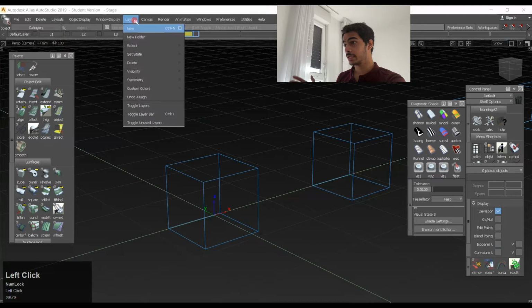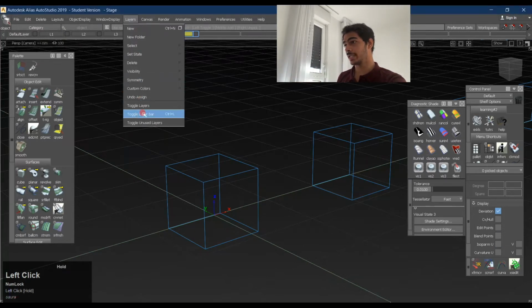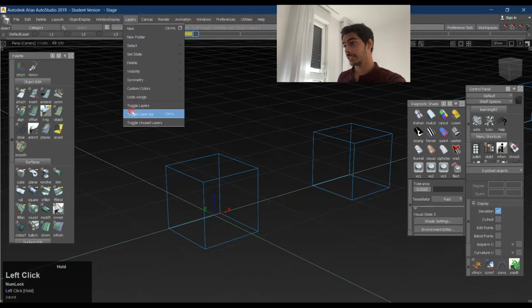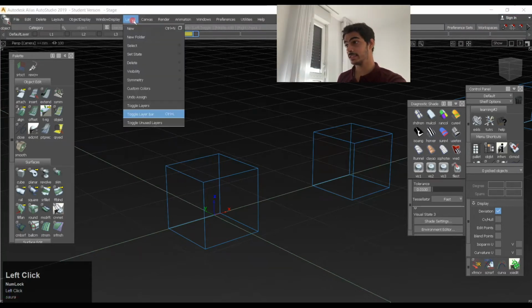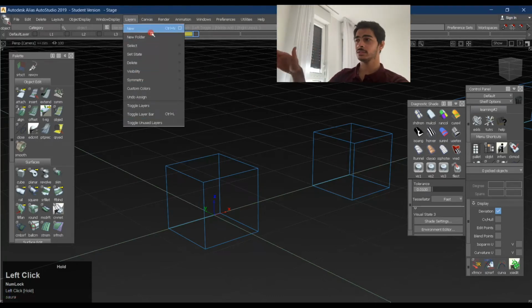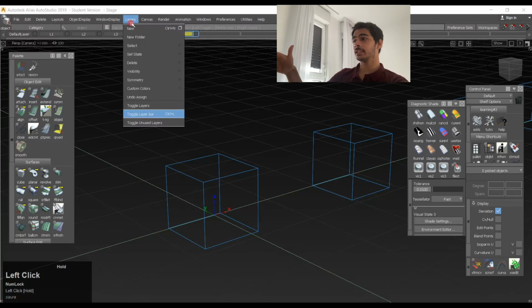So this is the layer thing, where you can also toggle the layer bar if you want to make it clean, even though no one does that. Then there are toggle layers, toggle unused layers. You can delete unused layers and stuff like that. So these are some of the layers, layering, and this tab actually helps you to assess the layers in general,